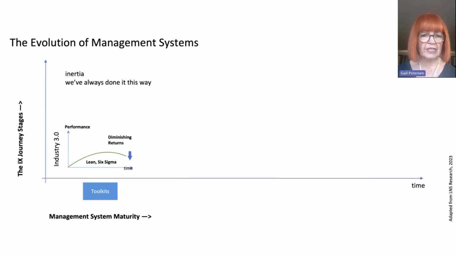So Industry 3.0, let's take a step back. We had inertia. We've always done it this way, so why should we change? We had Lean and Six Sigma that are really flexible, mixed sources, and really today, quality management is crucial.